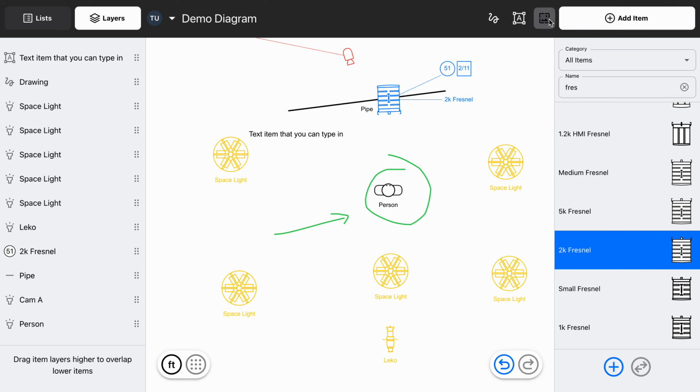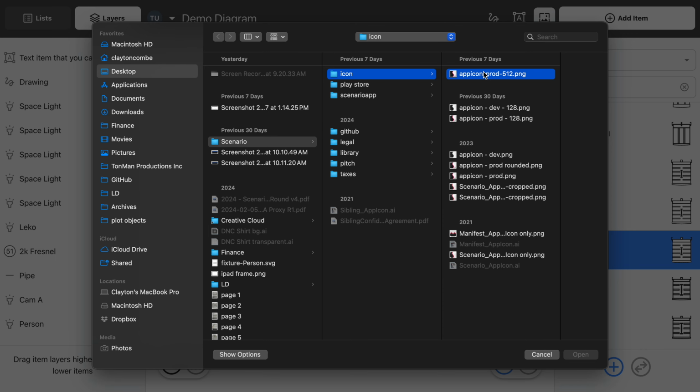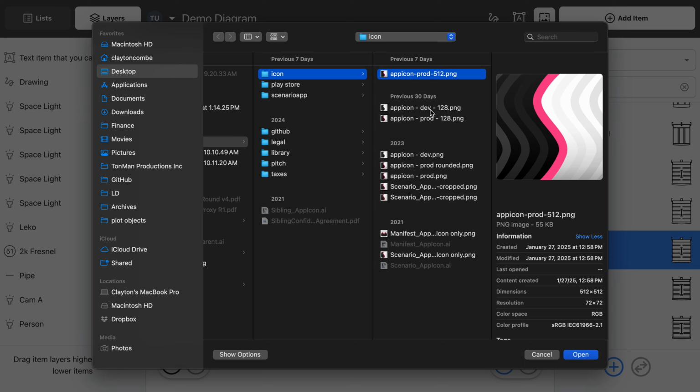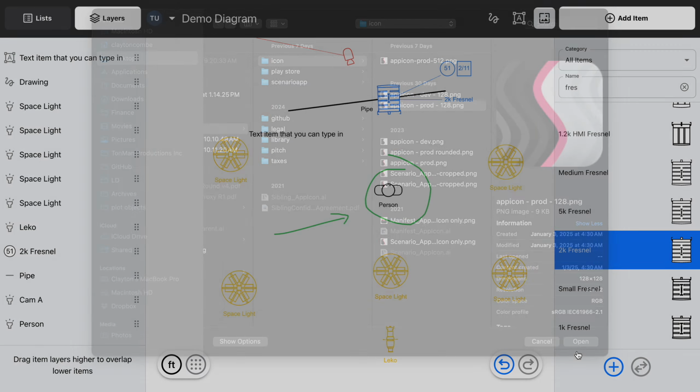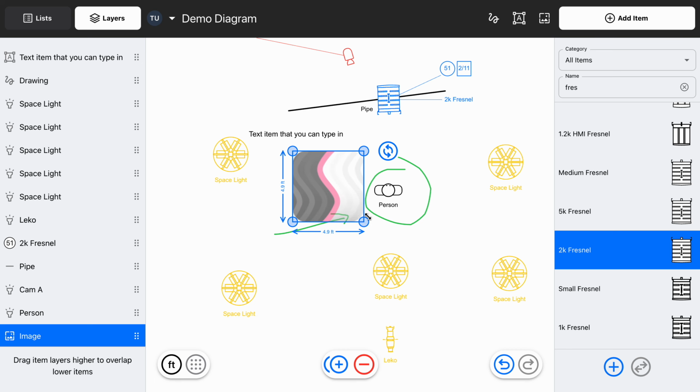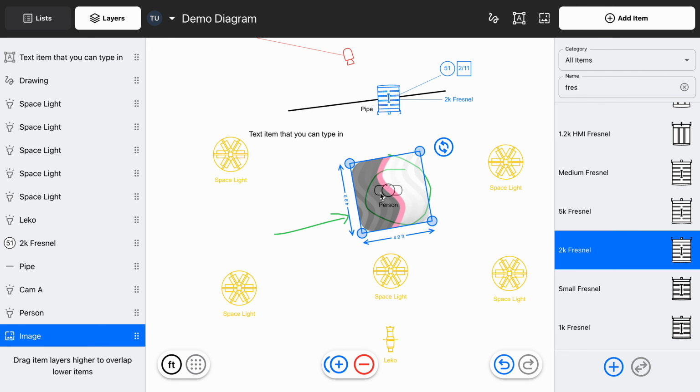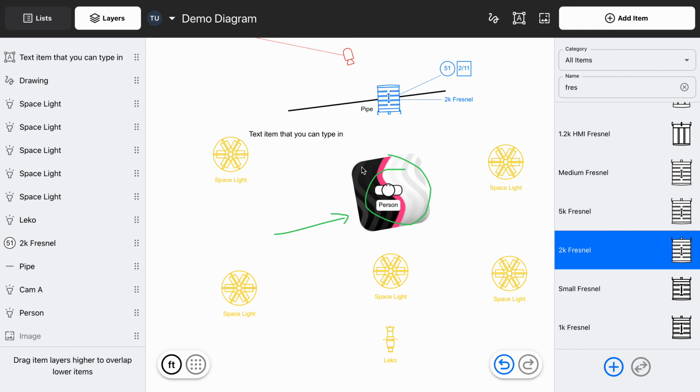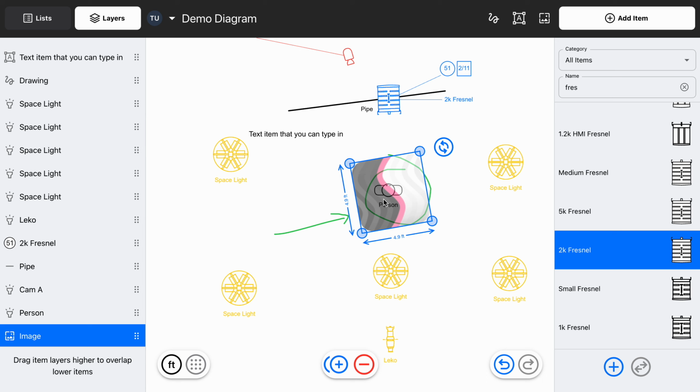And the last thing is an image. So let's say we want to add an image here. Now it'll automatically add the image to the bottom. As you can see, you want it to underlap things. So be able to change the size, change the rotation. Put it under there. When I select it, it's going to show